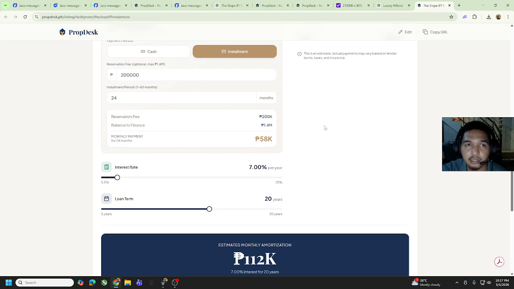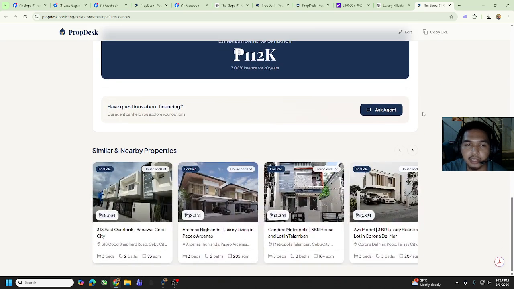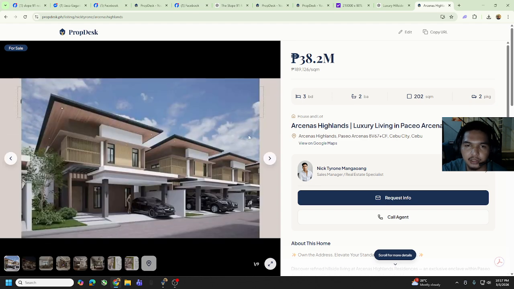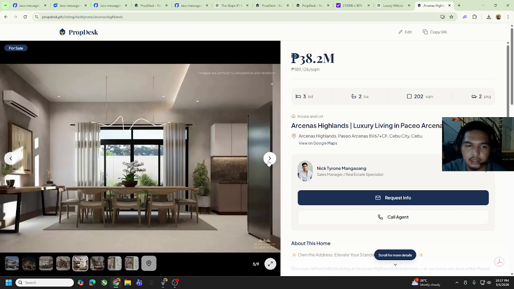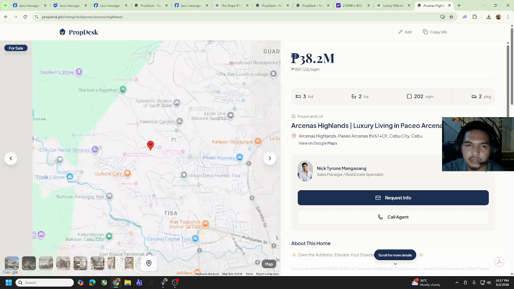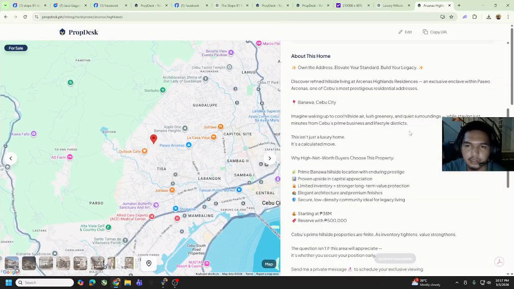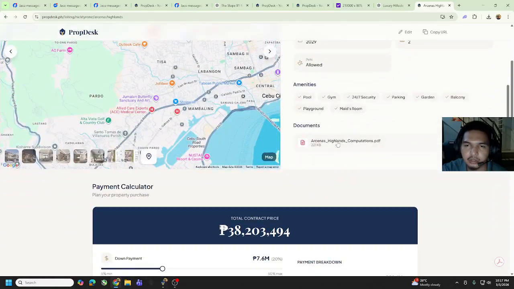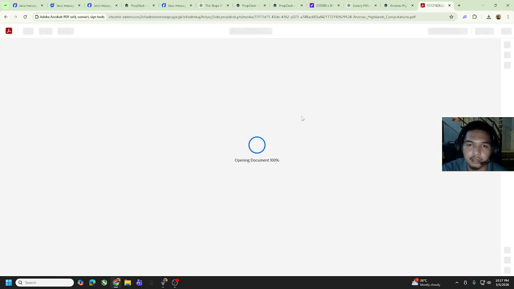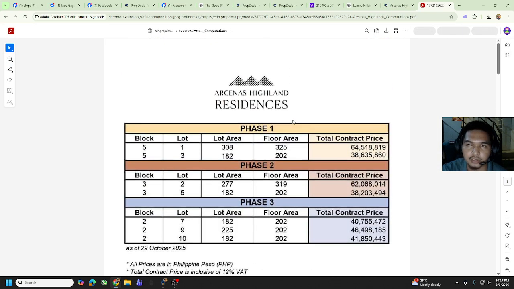Then if they don't like this property, they can just scroll down and see the similar and nearby properties around the area. For example, they just tap one, then they can see the details and the location as well. Same goes for the document: they can just tap it, and the document appears right away.